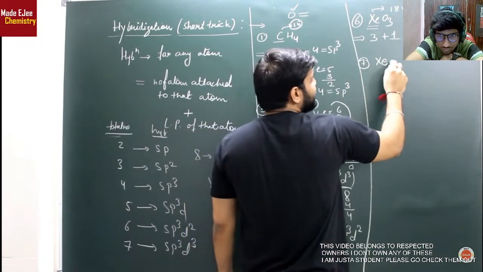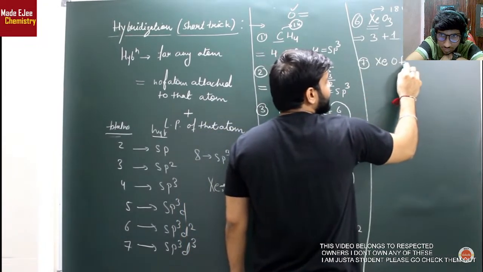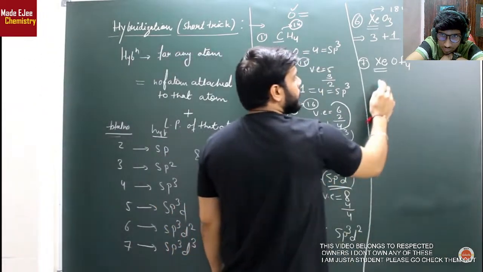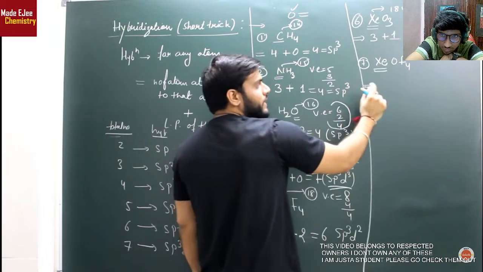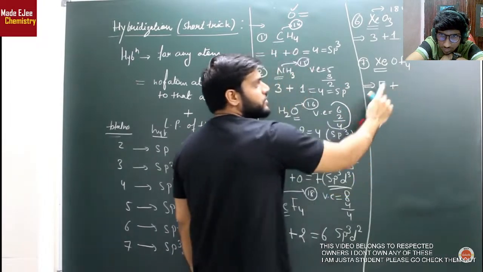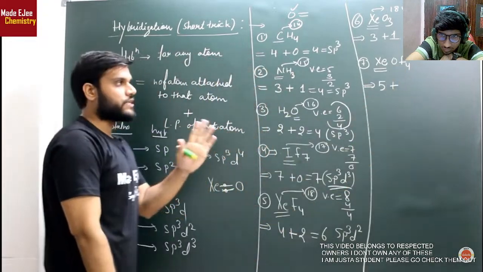यहां पर 7th एग्जांपल लेते हैं। सपोज अगर आपसे पूछ लिया XeOF4, ठीक है, XeOF4 पूछ लिया आपसे, सो फाइनली सपोज आपको XeOF4 में Xe का हाइब्रिडेशन पूछ लिया, तो सबसे पहले आपको क्या करना है, दैट इज नंबर ऑफ एटम अटैच, तो देखिए कितने एटम अटैच किए इसने, 4 और 1 5 दिखाई दे रहे हैं, 5 ही एटम अटैच है, तो 5 लिखा, देखिए 4 फ्लोरीन और 1 ऑक्सीजन है, 5 हुए ना नंबर ऑफ एटम अटैच।